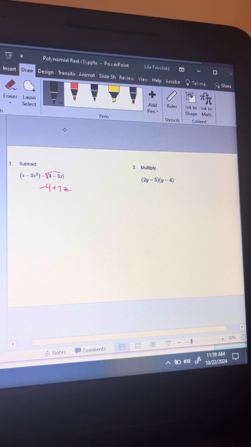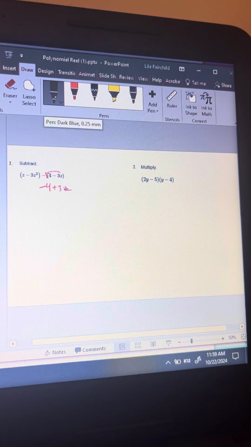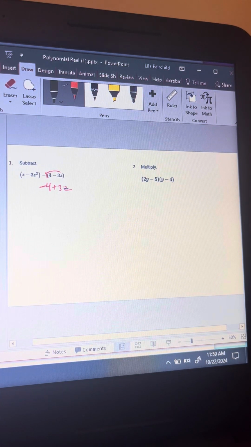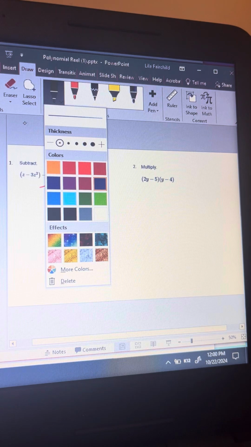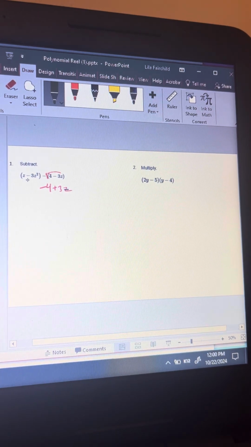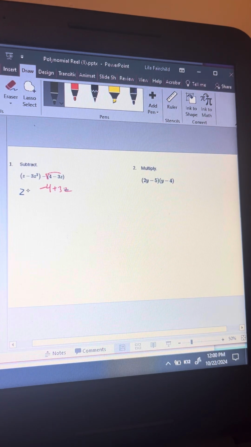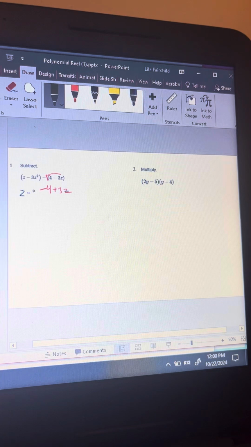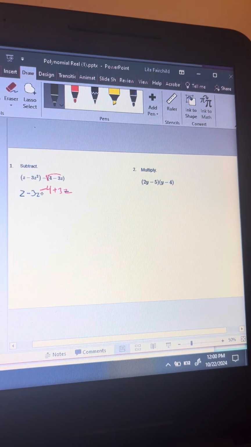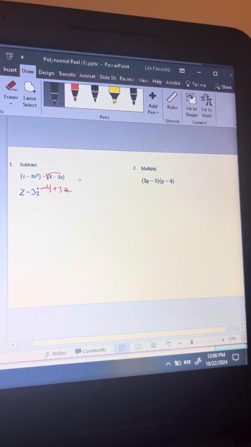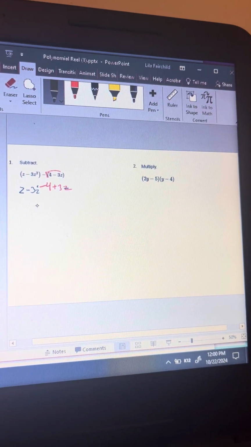And then, I don't know why the color's changing. And then for what you can do next is you don't have to have the parentheses, and you can just do z minus 3z to the power of 2 again, and so then you can just do this whole equation, which is,